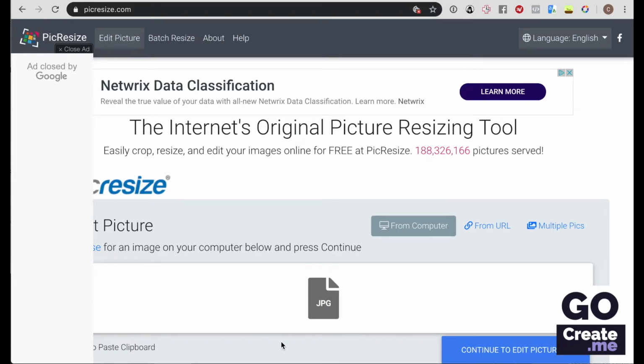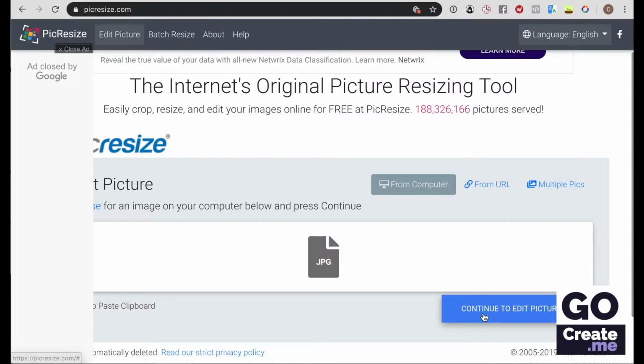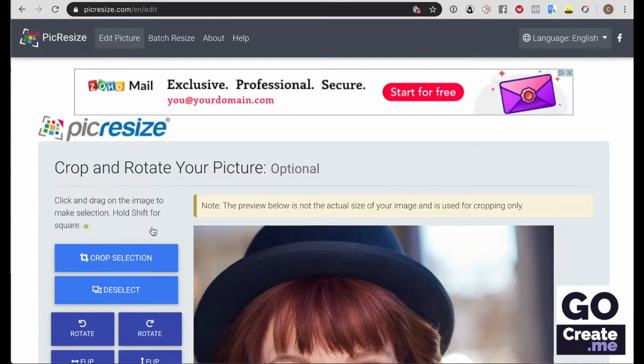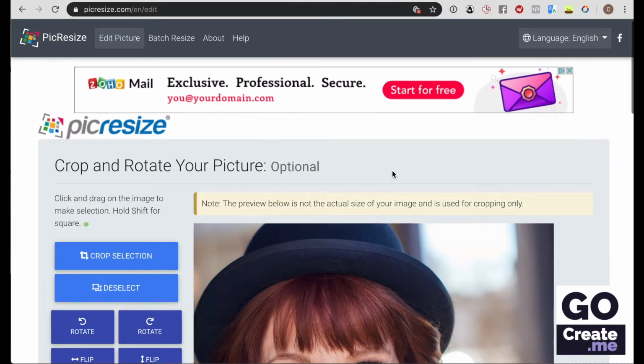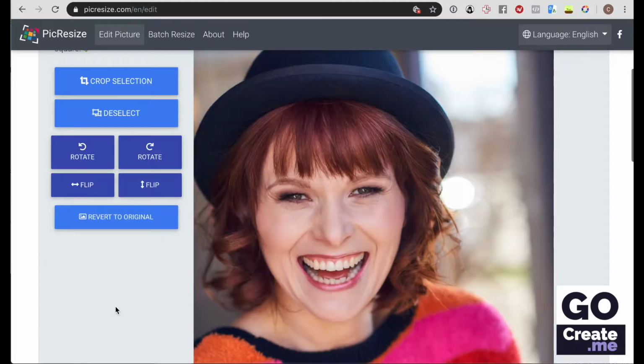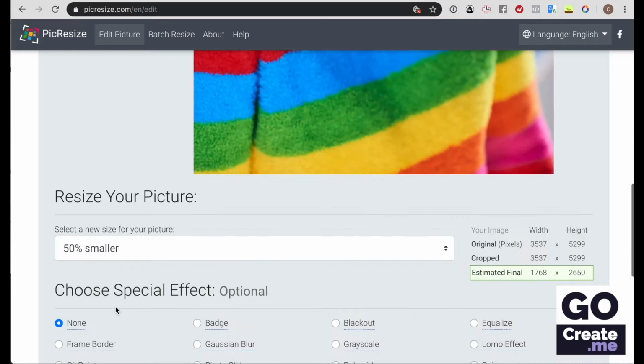Once the image is here, you can continue to edit the picture. This may take a little while. Once the image is done uploading, the interface will change. Now you can skip the first few steps. You shouldn't have to crop unless you have some weird white border around your image or something, or if you needed to rotate it. But what I recommend you do is now resize your picture,